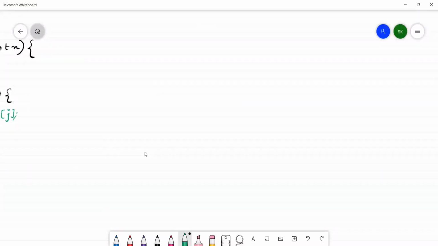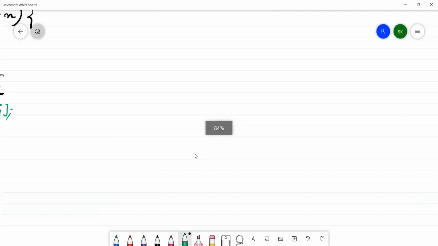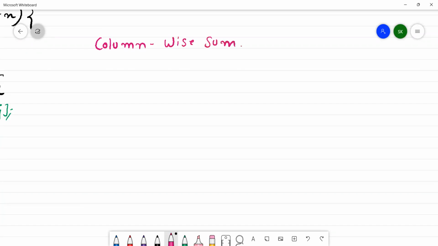If you are able to understand the row-wise sum, there is one more variant of this, which is known as column-wise sum. I'm not going to explain this. I'm just going to write that as of now and see your thought process. So you have been given a matrix. The numbers are,